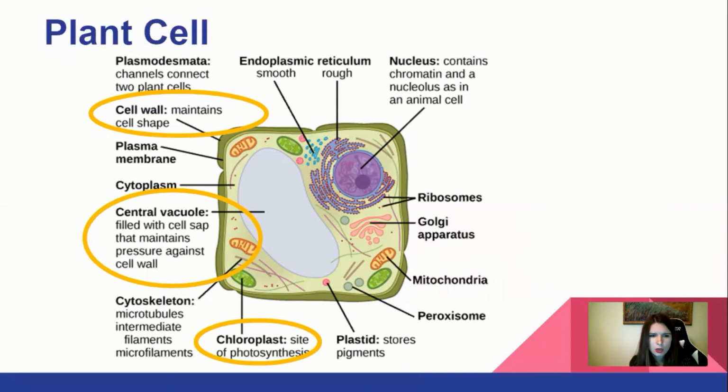And we have our chloroplast, which is another type of semi-autonomous organelle. So your plant cells do have mitochondria, but they have an additional type involved in photosynthesis. And then your plant cells also have something called plastids. So you've seen that plants are all kinds of crazy colors. That's partially because of our plastids that